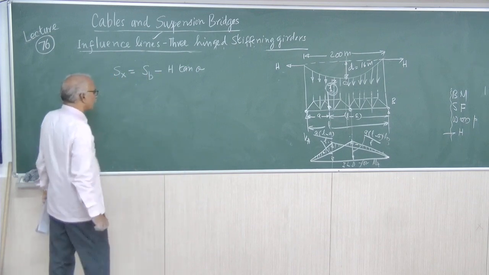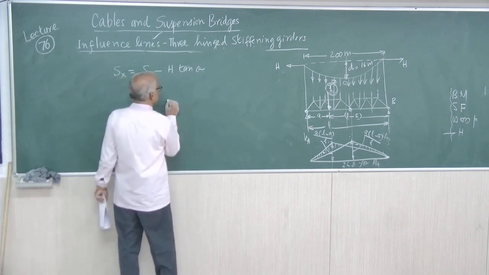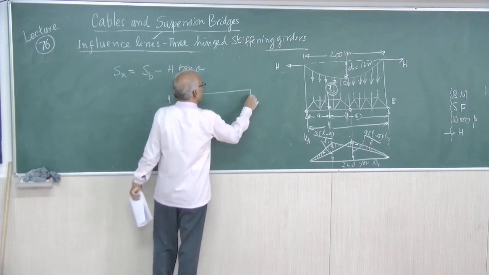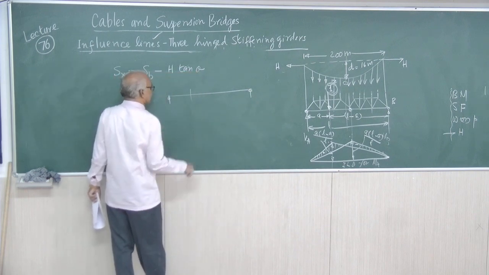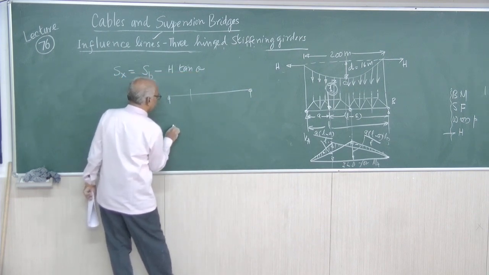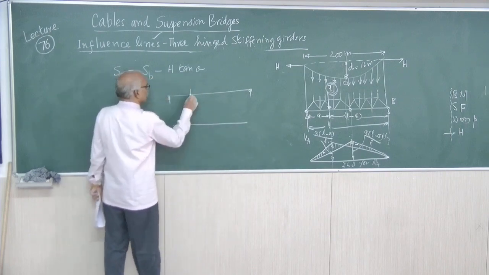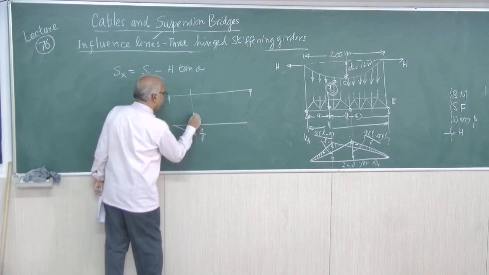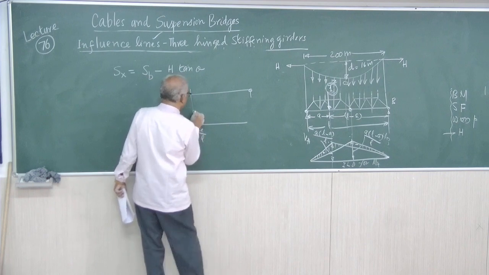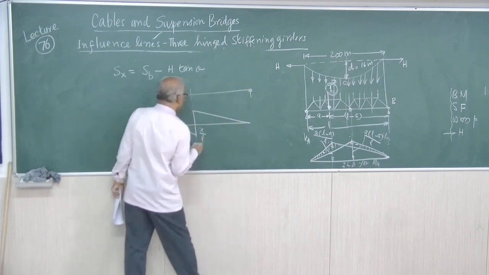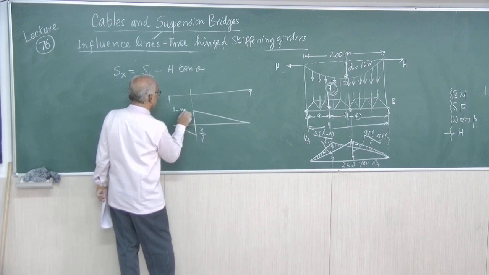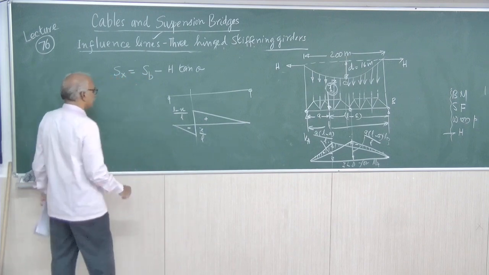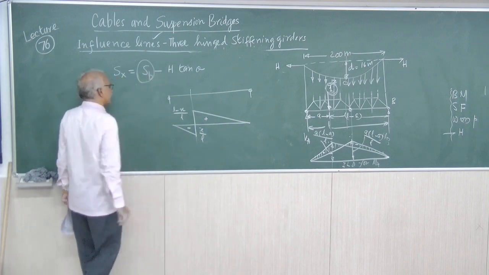Right. Now, in the case of simply supported beams, we have already discussed that at any given section X, the influence line diagram will consist of X by L and, hope you will be able to recall what you have done earlier, L minus X by L. This is the ILD for shear force as a beam, SB, due to a unit load.